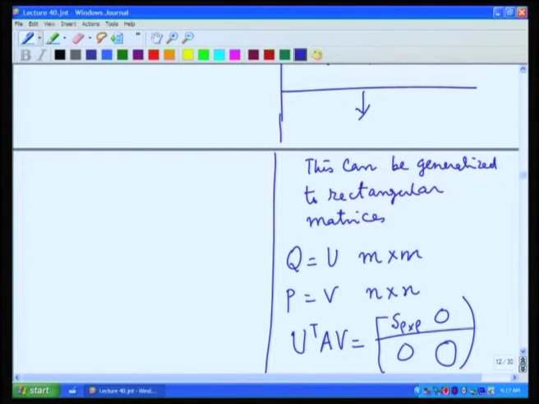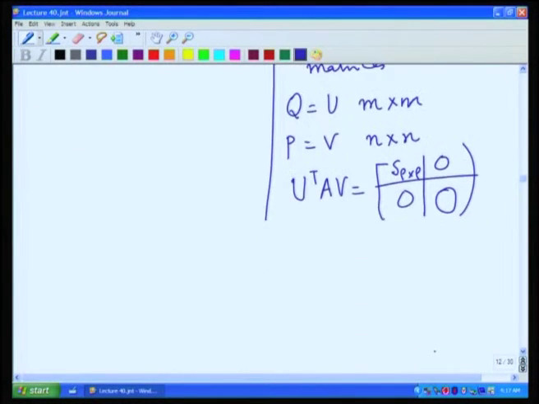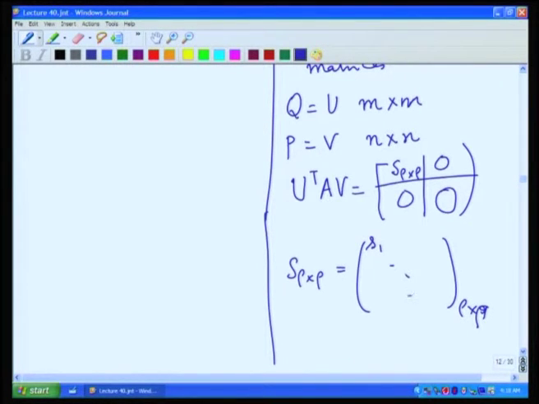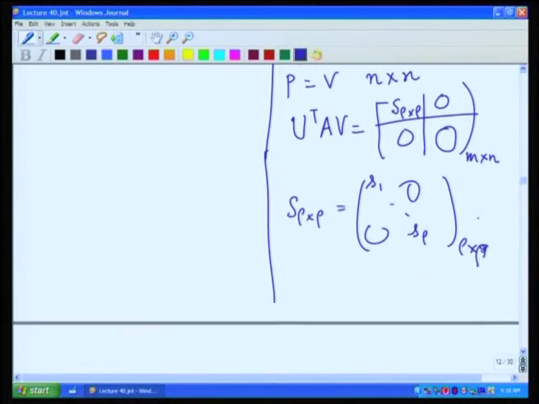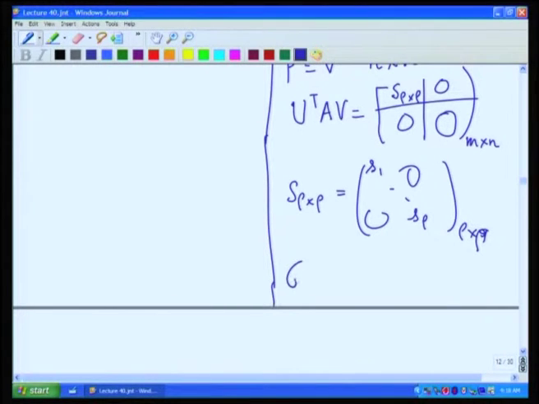There will be a leading diagonal block of S rho cross rho, which is a diagonal matrix with the singular values along the diagonal. So, S rho cross rho is simply a rho by rho matrix which has S1, S2, ..., S rho, all others are 0. So, you put a diagonal block consisting of S1, S2, ..., S rho and then add the other zeros, so that you get an m by n matrix. So, this is the general SVD.